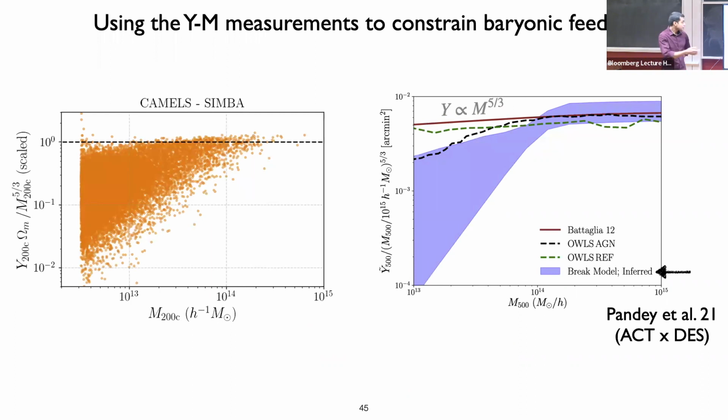And coming back to this plot that I had mentioned, like I had shown earlier, you have one of these simulations in this CAMELS suite. It has a big variation from the relation that you get from the virial theorem. One interesting thing is that this relation can actually be measured in the upcoming surveys, and has been measured already by one of the data releases by the ACT survey. And these measurements will actually get a lot better.